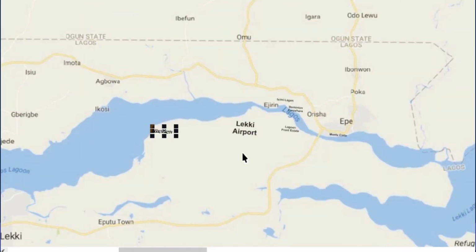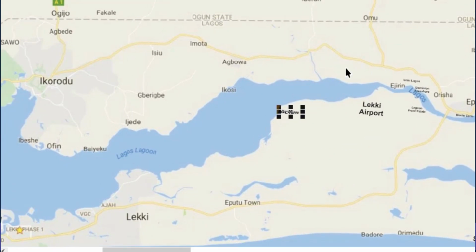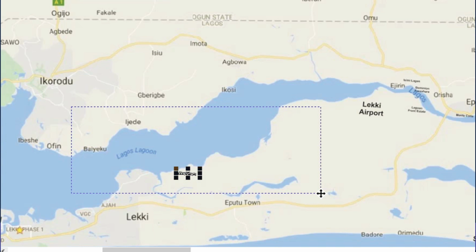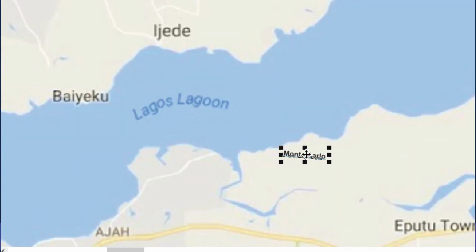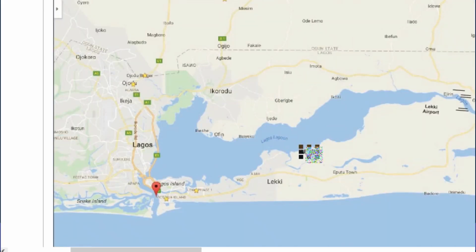Let me zoom out a bit. Somewhere around here, you can see Ibeju-Lekki at the other side of the lagoon. So these are Sangotedo. We have Ambience Foreshore at Sangotedo. Then talking about beachfronts, somewhere around here,